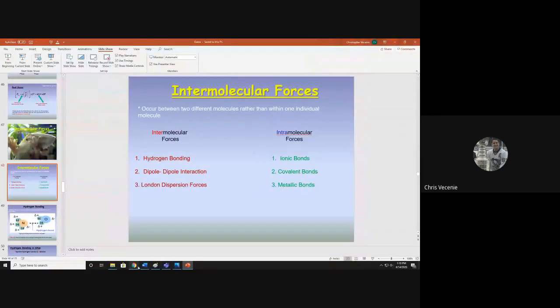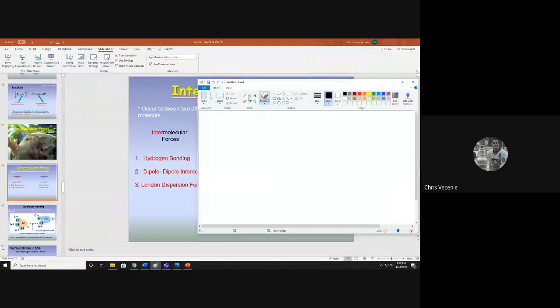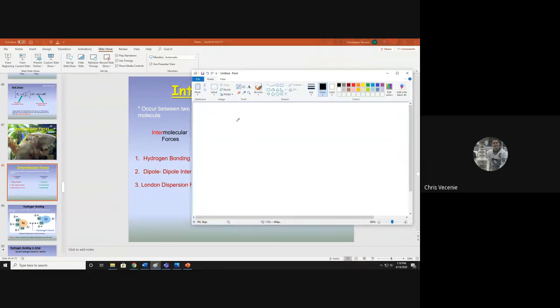So if I brought up just my paint tool here and we wanted to draw a covalent bond, I could just draw something like this, carbon dioxide. It would be C with an O on that side, an O on that side. A little bit of a review here in case you get asked to do this at some point. We'd have to start with single bonds,